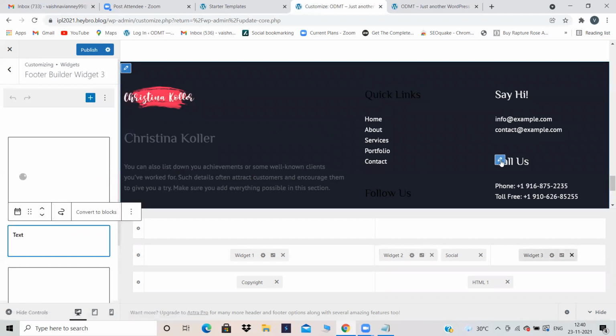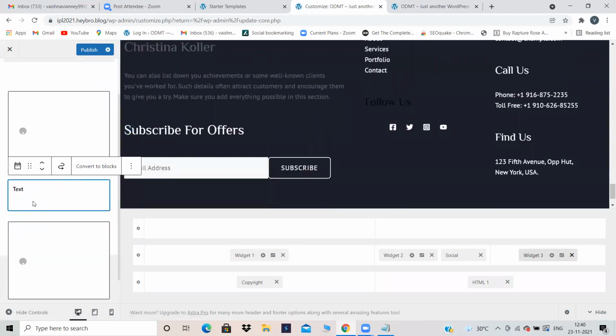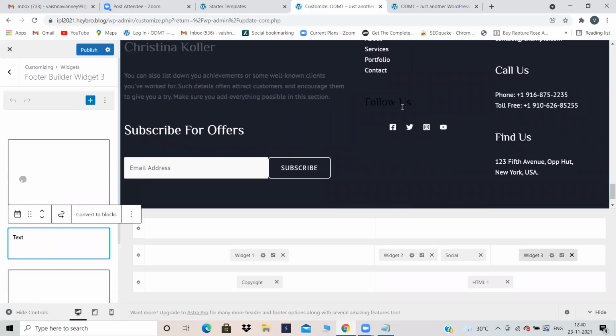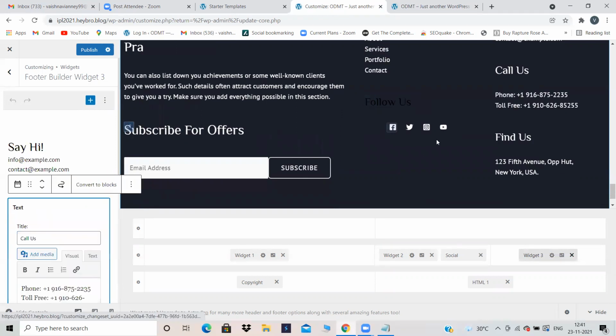Followers is there. Followers also you can edit according to your wish. Each and everything you can edit according to your wish. Just the thing is you need to get this pencil option. If you get this pencil option, then it is done. See, it has been loaded now. It is taking some time to load.